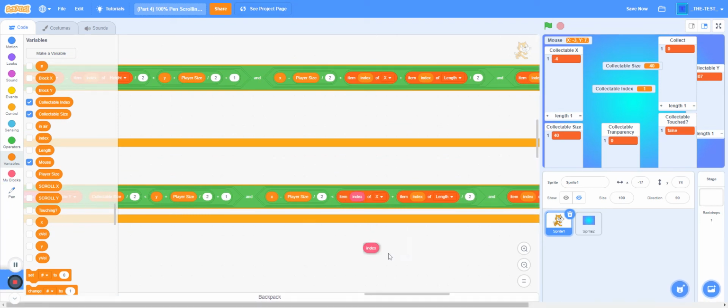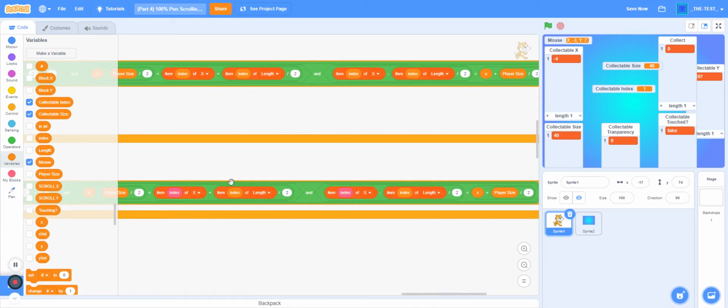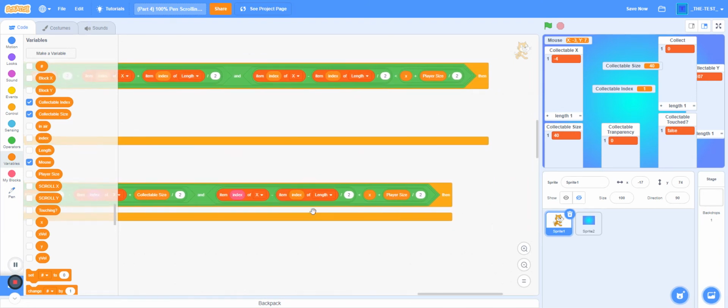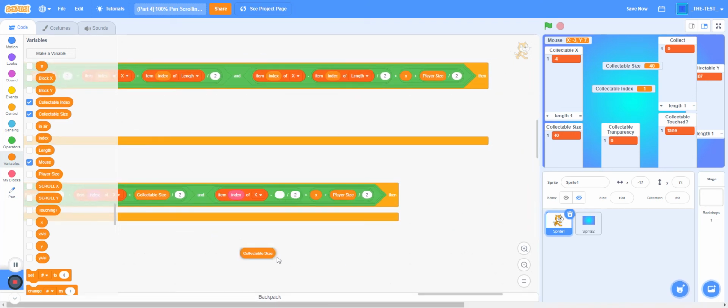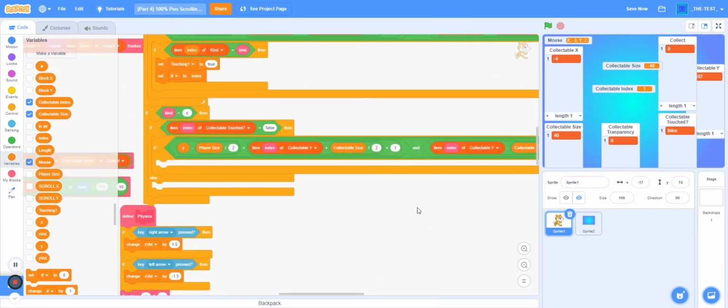Index there. Alright, just quickly finish this up. Size divided by 2. Okay. Just like that. So replacing all the item index of collectible, or item index of Y with item, and